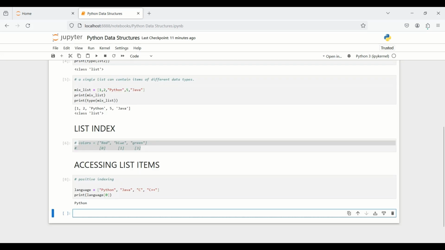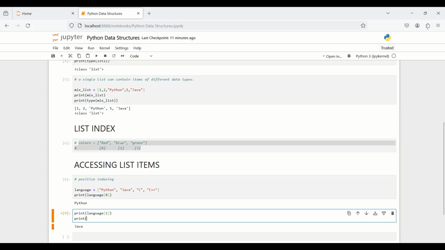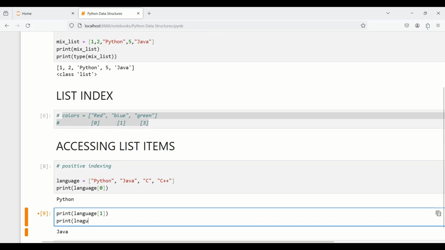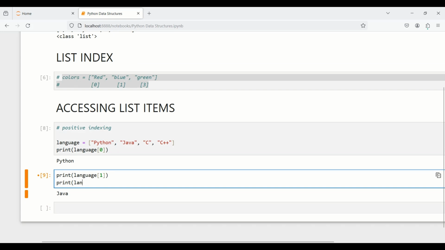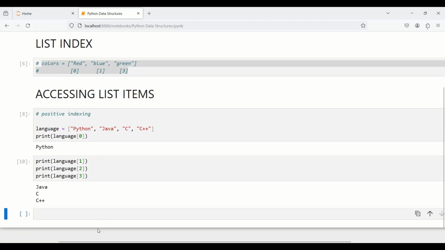So in this way we can access the list. Similarly, print language 1. Similarly, print language 2. Zoom the screen. Similarly, print language 3. And these are the outputs. In this way we can access list elements. Okay guys,